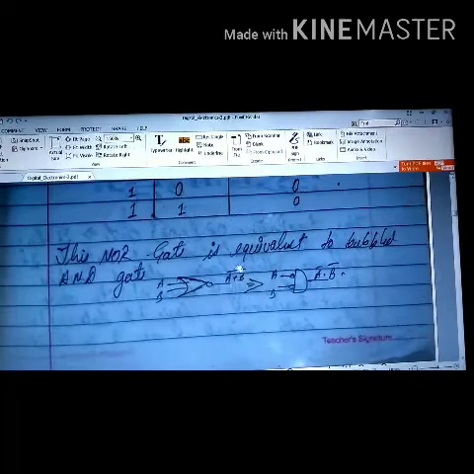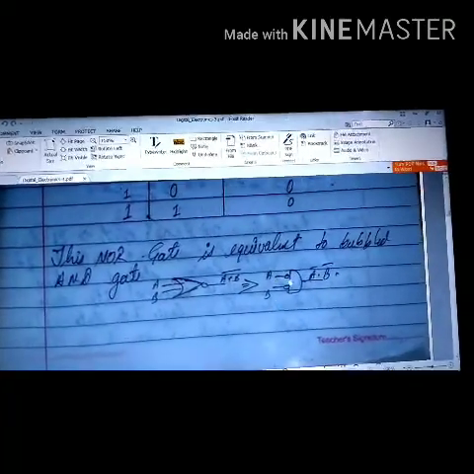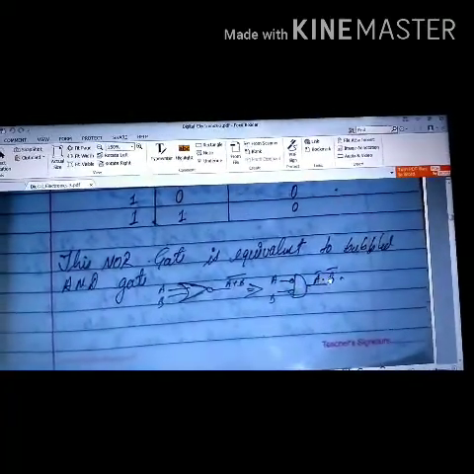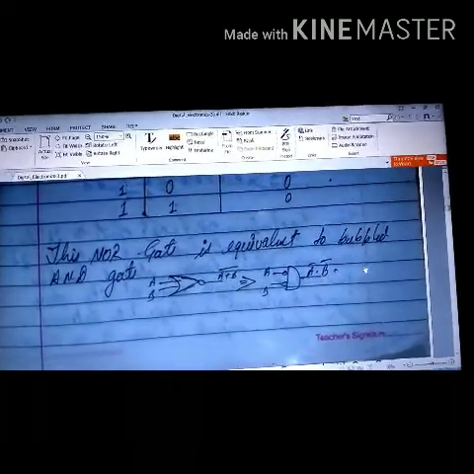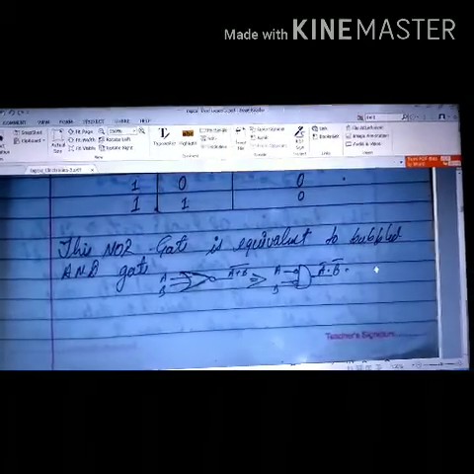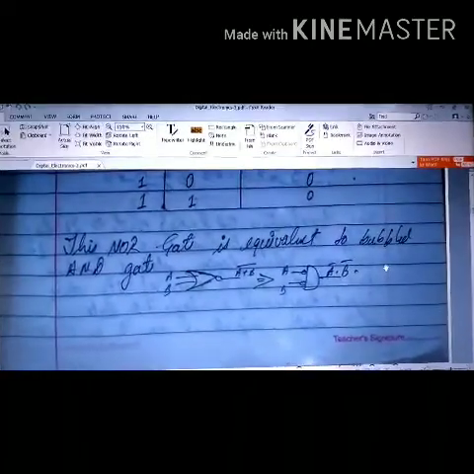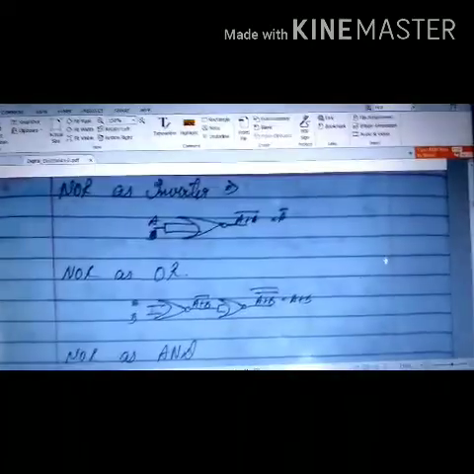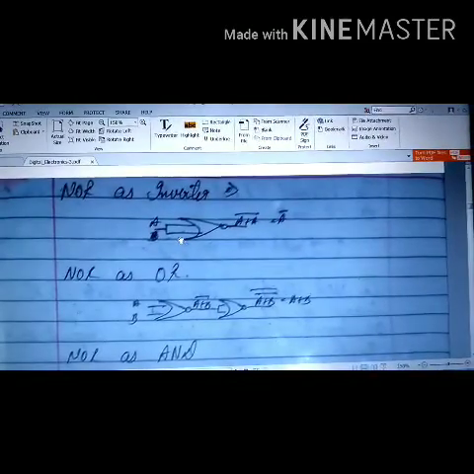So if this is a NOR gate, then it can be taken as A and B going through a bar, so it will be A bar dot B bar, which is equal to (A plus B) whole bar. Again, this can be explained very well with the help of De Morgan's law, which we are going to take in future lectures. Now, NOR as an inverter, a very similar trick to NAND gate.